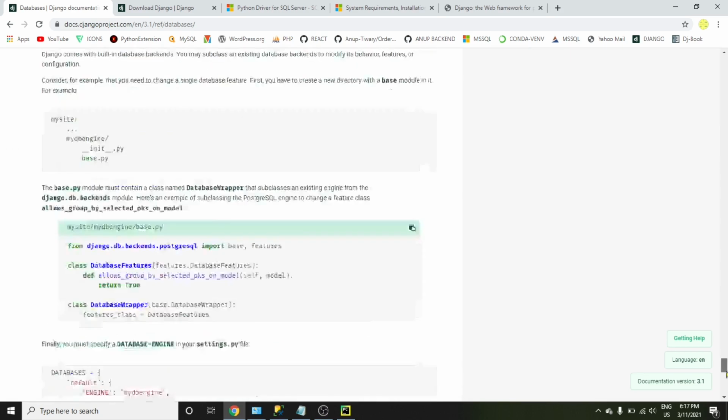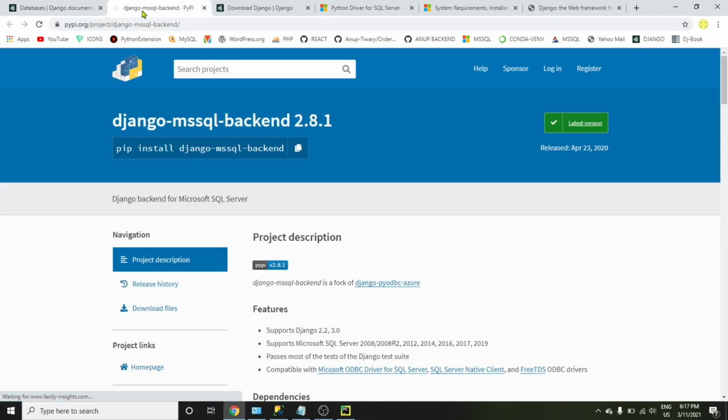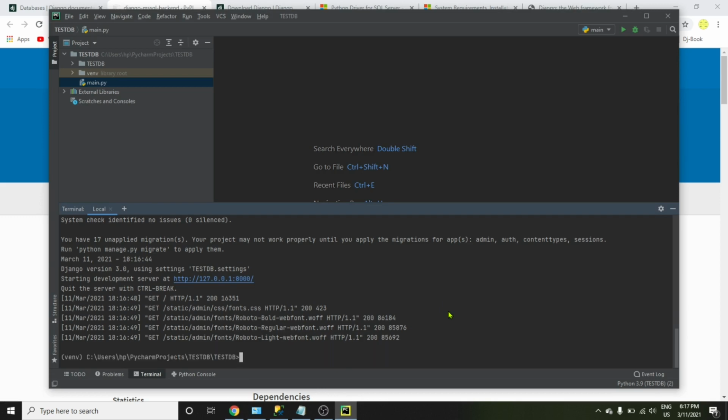But we require to install the module for Microsoft SQL Server. Click on it. This is the required package. Copy this, come back to PyCharm, stop the server,